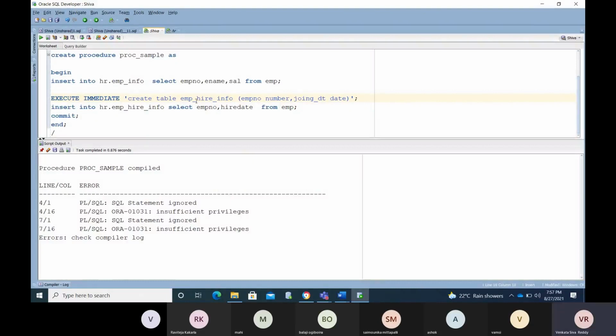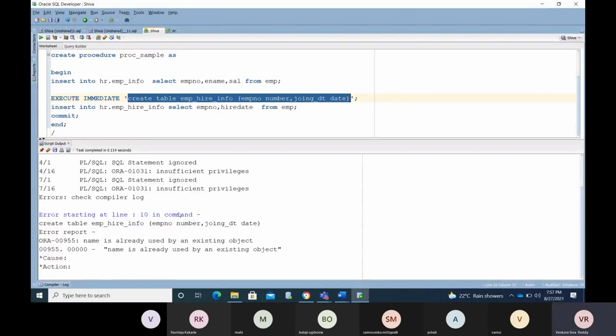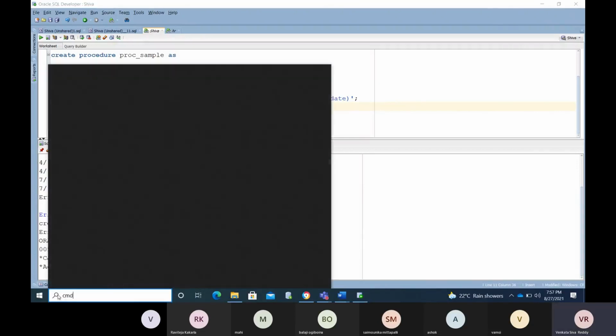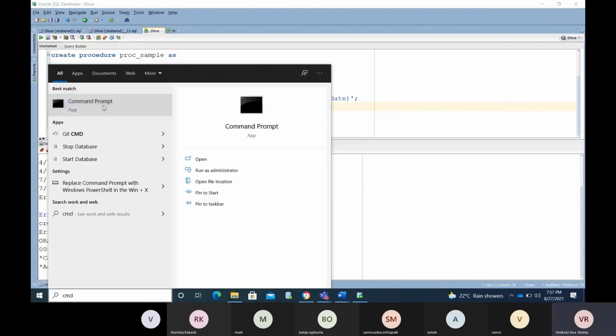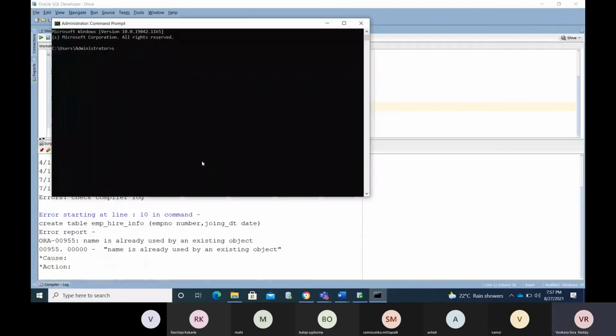You don't have the capacity to create the table through a procedure. You can create the table manually, but through a procedure you cannot create the table. In this case, Oracle needs some grant. Let me go to the command prompt and try to connect as the admin user.